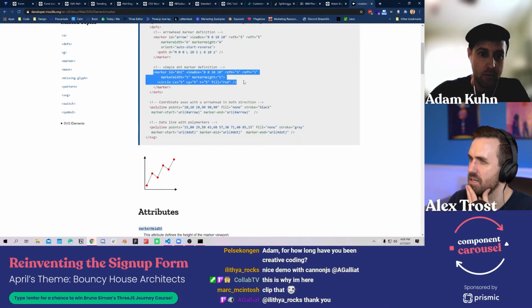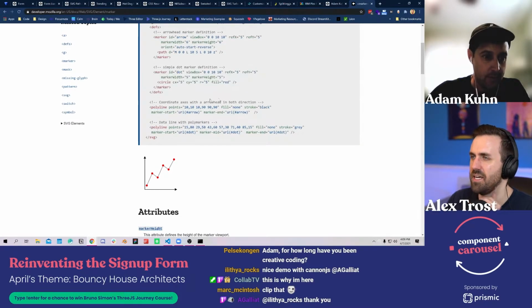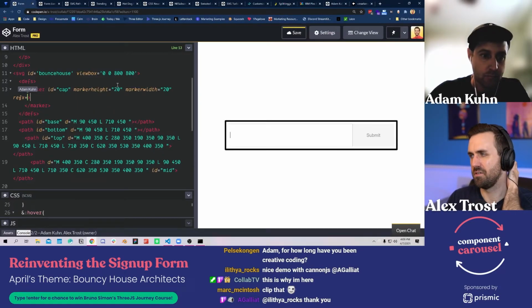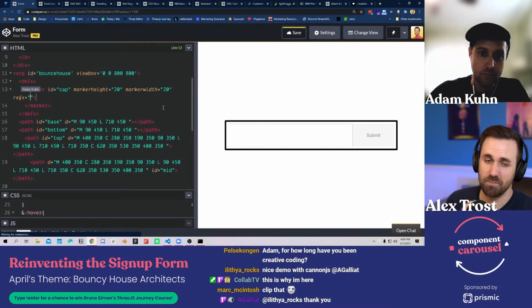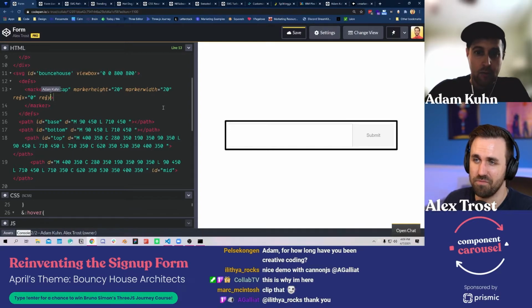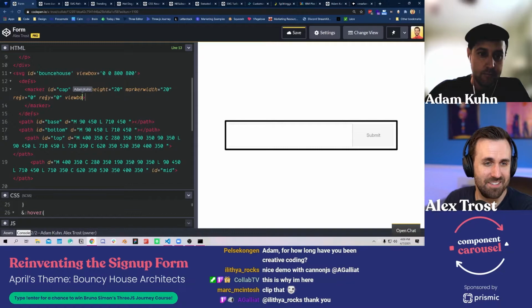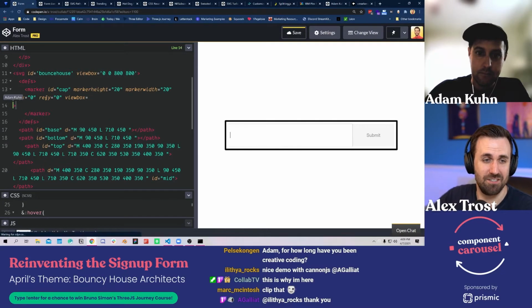Marker ID. I don't know if I need to orient it. Yeah, I have not used these. This is cool. I apologize if there was a viewBox issue on these already and I didn't read it thoroughly.